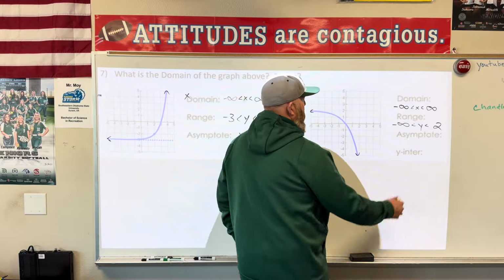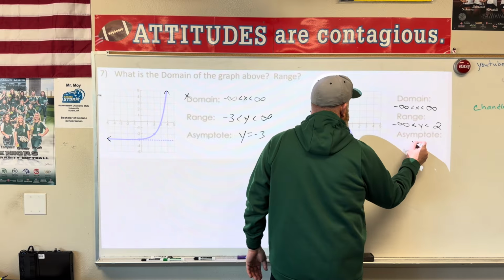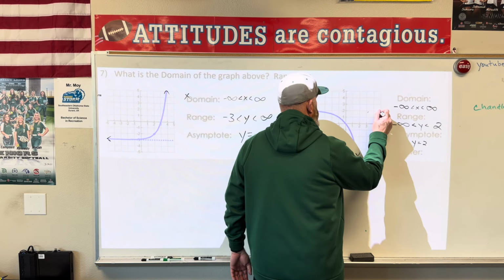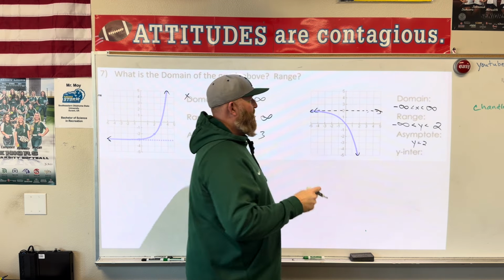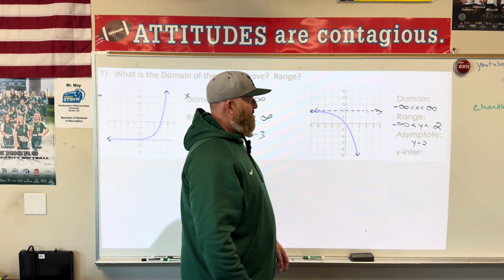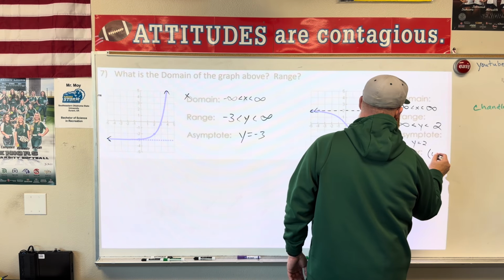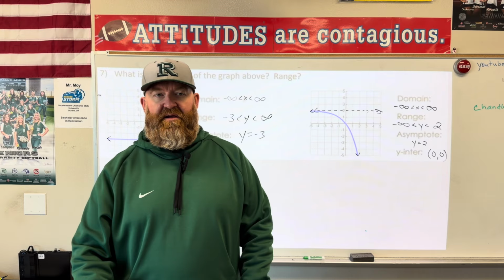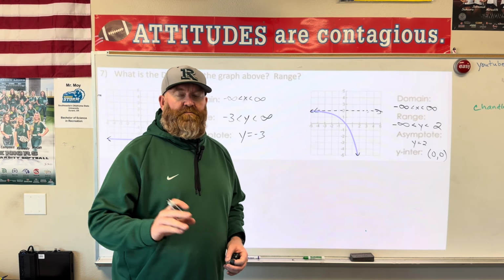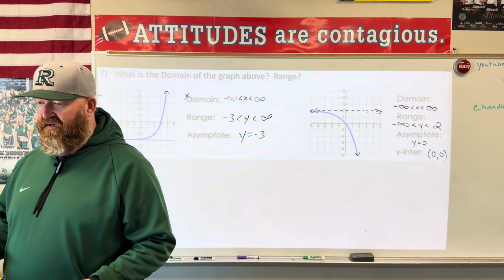Okay. All right, what's the asymptote? Y equals +2. Here it is. I'm going to go ahead and draw it. Go ahead and draw it on your paper, guys. There it is. What's my y-intercept? 0, 0. I kind of have a pretty good understanding of this. Yes? All right, so here we go. I've showed you how to do this, yes? All right, what are we on?